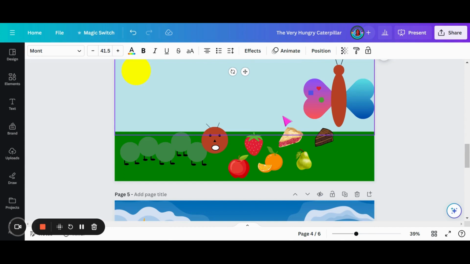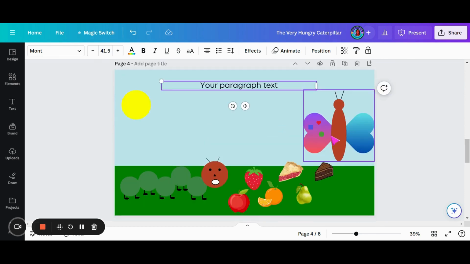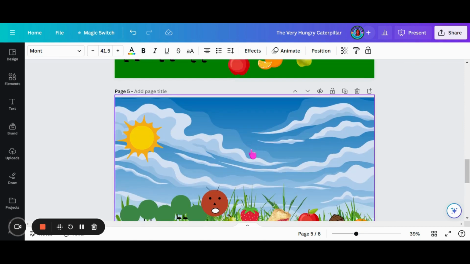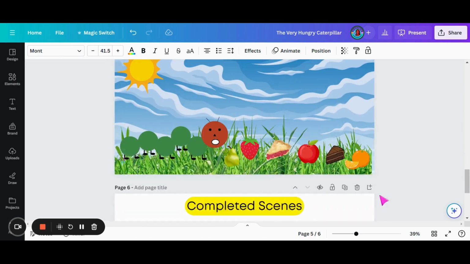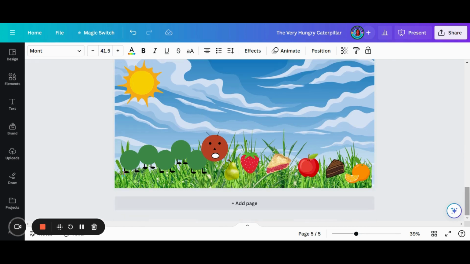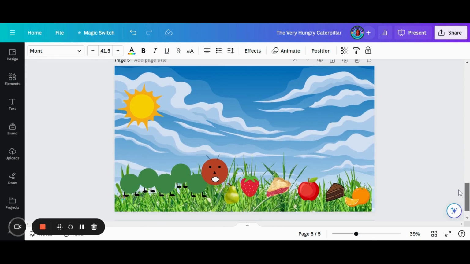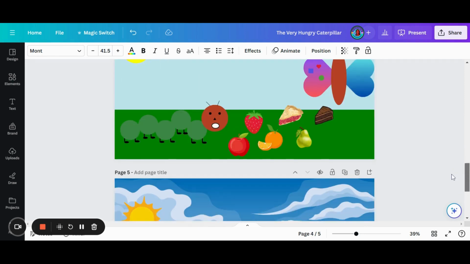Encourage your students to review their work and add any small finishing touches and details. Maybe the caterpillar needs a little bit more texture, or the butterfly could use a few more spots on its wings. These small details and touches can make a big difference in their final piece. Once they are happy, because it's about them being happy, once they are happy with their final scene, so whatever they decide to do, whether they're using shapes only or if they're using different elements, once they're happy with their final scene,